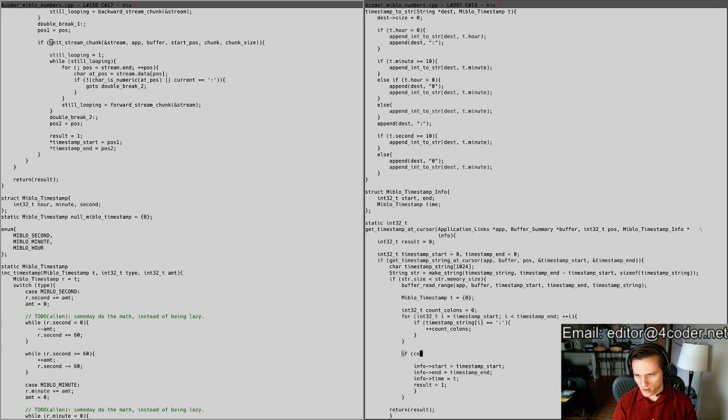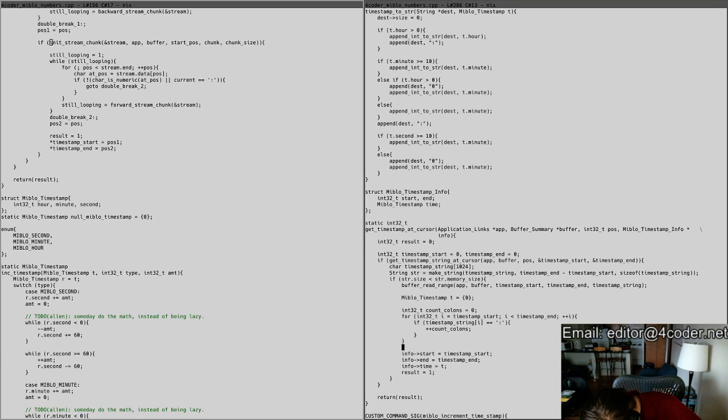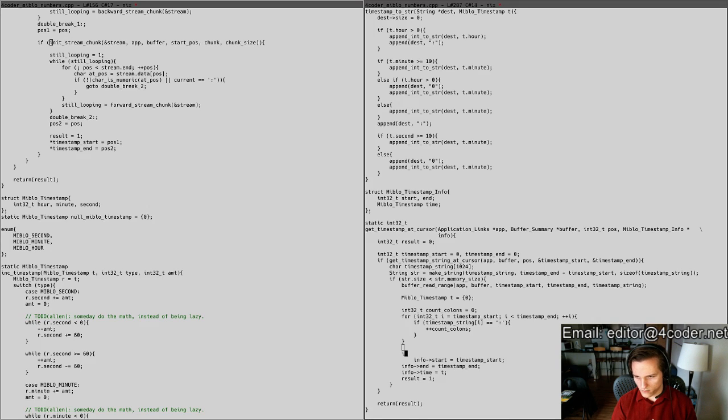If count colons equals, or you know what, how would I do, no, we'll do it this way. So if count colons equals 1 or count colons equals 2, then we're in good shape and we can continue. Now, if count colons equals 2,